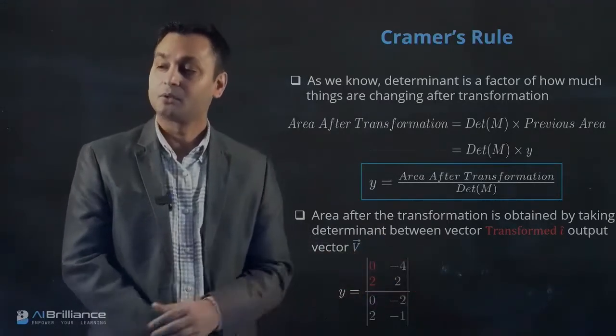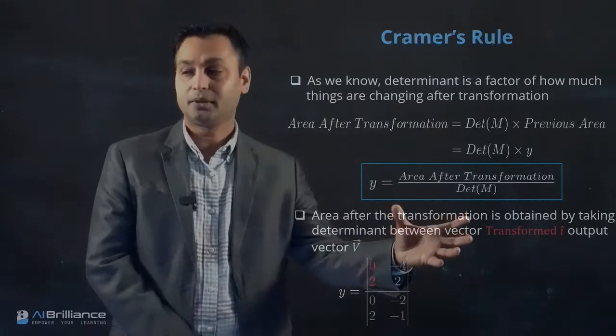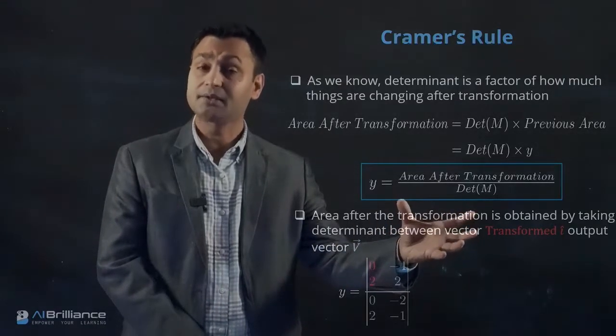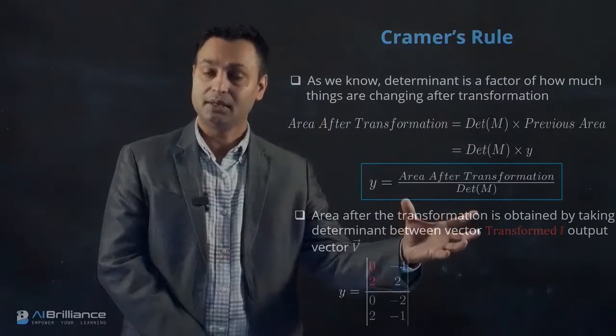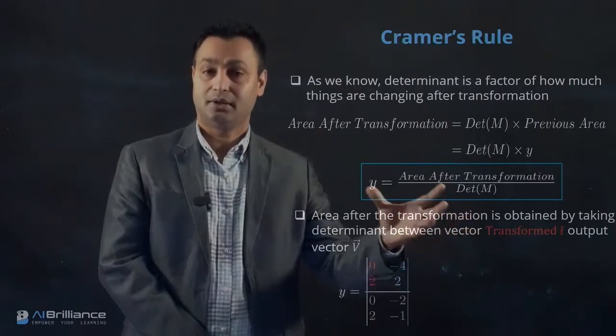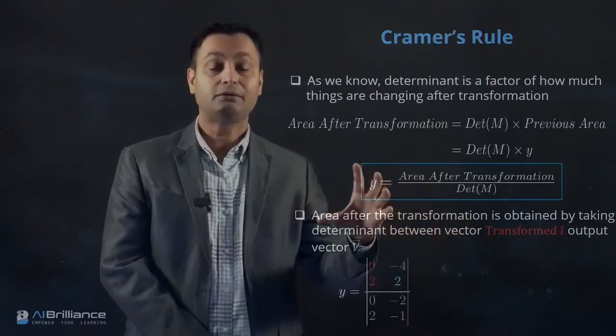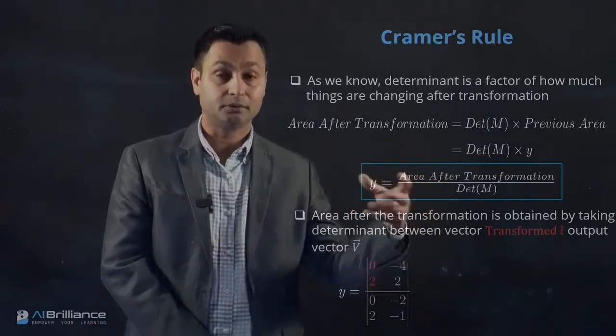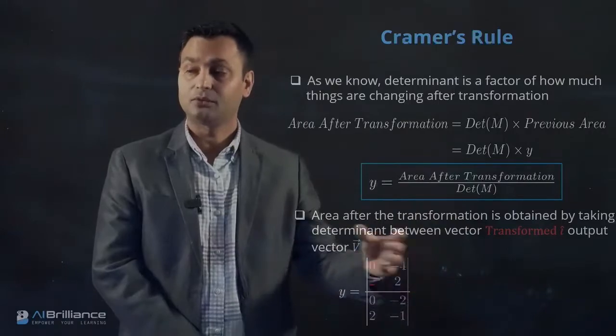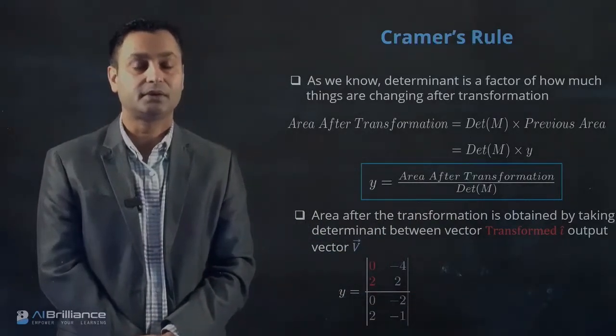So here we can see geometrically how to understand what the transformation does, and use the area before and after the transformation, which are related by the determinant of the matrix M, to define the set of equations used for solving